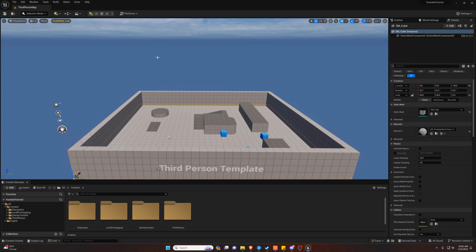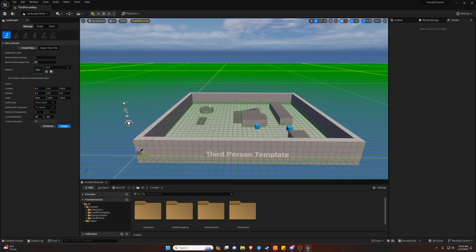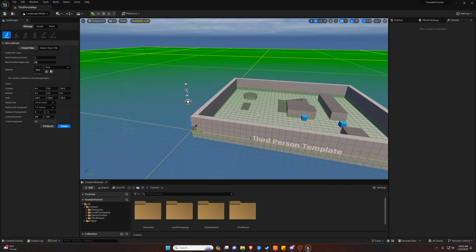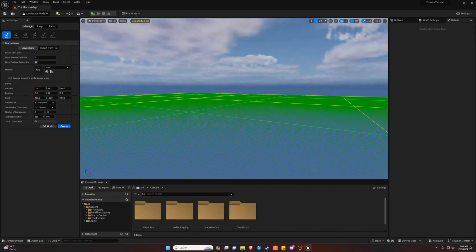So what we're going to want to do is, you can tell up here in the top left we are in selection mode, and we're going to want to go ahead and click that and go to landscape mode. Over here you'll see the hotkeys, but for now we'll just do it the visible way, as you can't see what keys I'm spamming on my keyboard easily. Alright, so we're going to get this crazy plane,